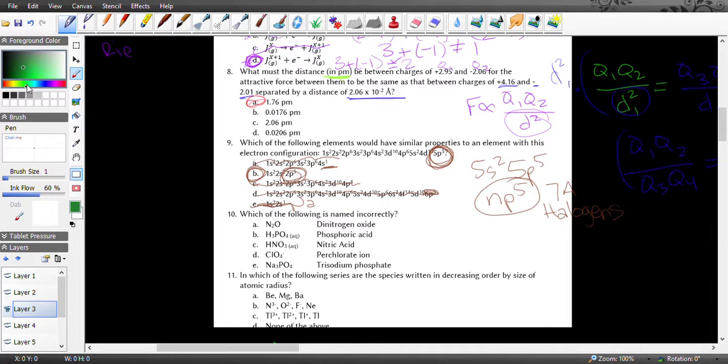Okay, so another quick question, and they all get pretty easy from here. Which of the following is named incorrectly? So dinitrogen oxide, that's between 2 nonmetals, right? So it's a molecular bond, so we'll be using the prefixes. Dinitrogen oxide, dinitrogen monoxide, both are good. So okay,